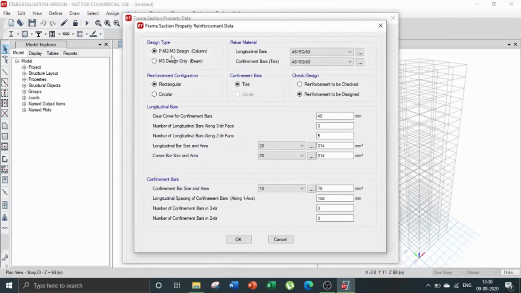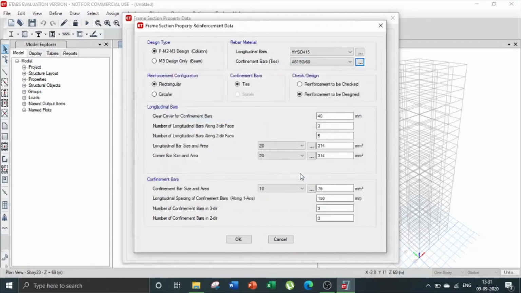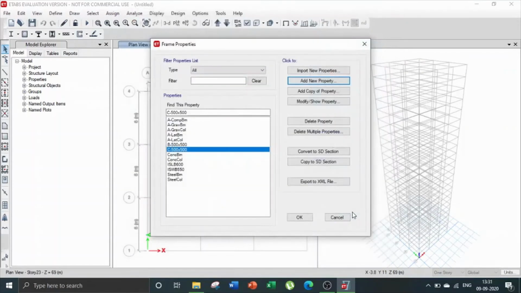Keep M3 column design, longitudinal bar to HYSD 415 and confinement bar to mild steel 250. Keep the cover as 40 and other dimensions as same. Click on OK. Again click on OK. Again click on OK.